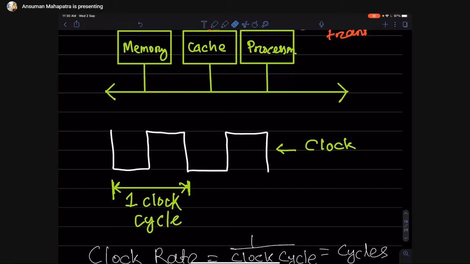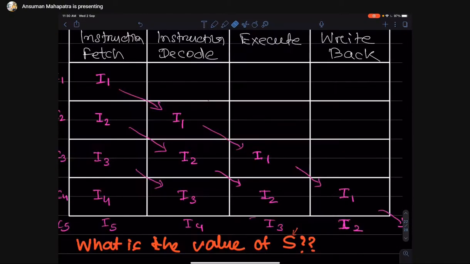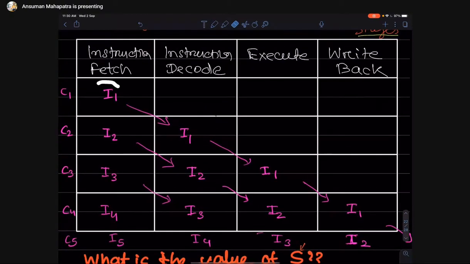Inside this one cycle, one instruction is completing one stage. So in every cycle each instruction is doing one stage, it is completing one step. Each instruction has to undergo all these 4 stages, but as we are executing in pipelining, the first instruction will take 4 cycles, and the second instruction and all the rest will take only 1 cycle.